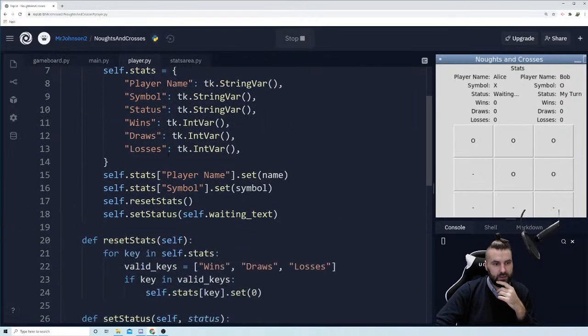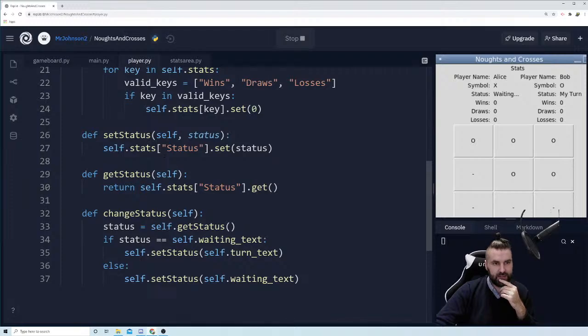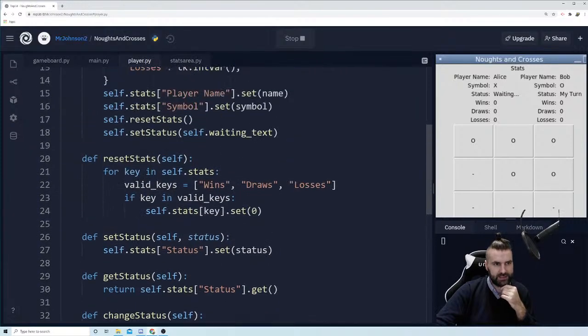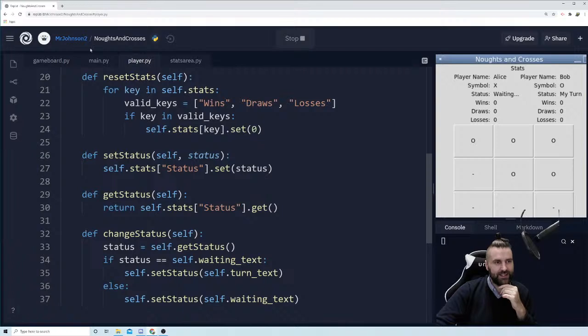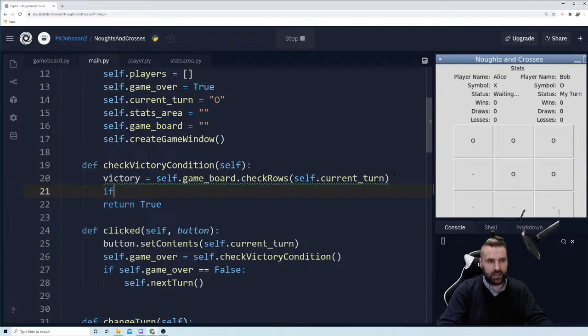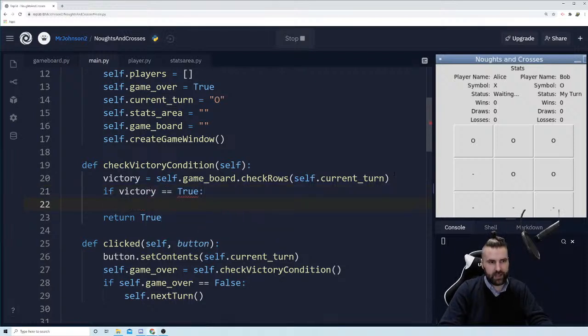So in our player, do we have a set status? Yeah, we do. Okay, so we can set that player's status. Do we have a change status, get status, set status, reset stats? Okay, so we're going to set their status just to check this is working, right? So we're going to say if victory is true, then we are going to set our player's status. So we're going to say,